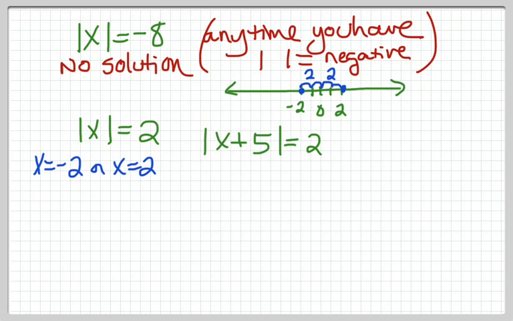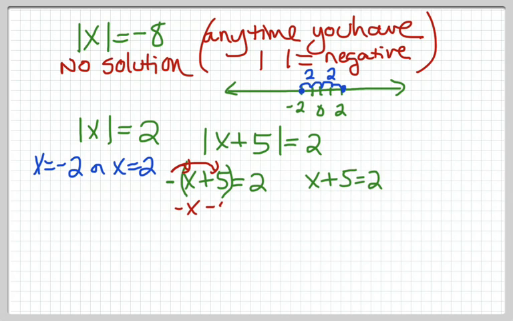Let's do another one. Absolute value. Now we've got an algebraic expression in there. The absolute value of something is equal to 2. That something is x plus 5. So this time, we know, as in the past, there are 2 different things that are 2 units from 0. But in the past, we've always had one of them be negative and one of them be positive. So we're going to say that thing in the center can either be a negative version of itself or a positive version of itself. We'd have to distribute that negative,